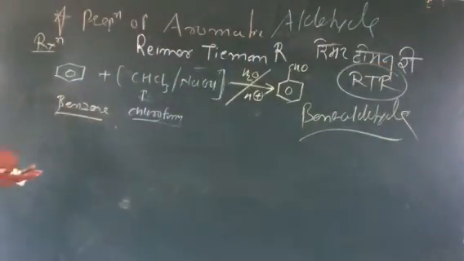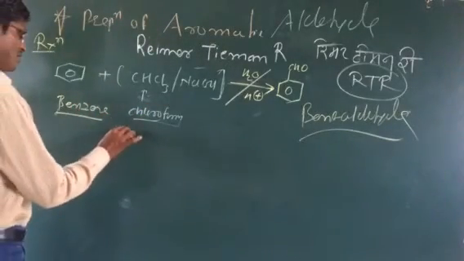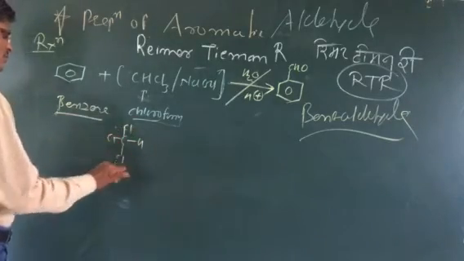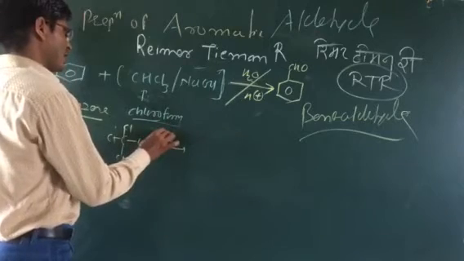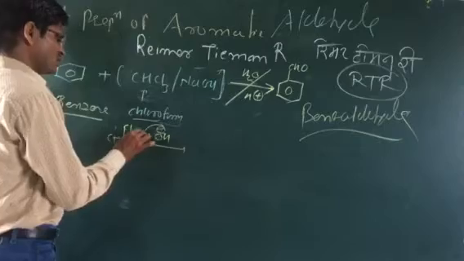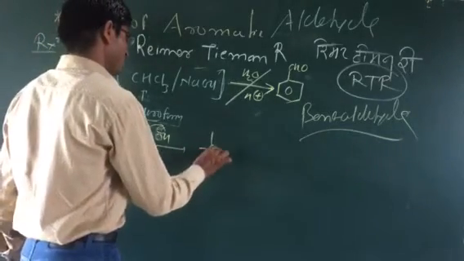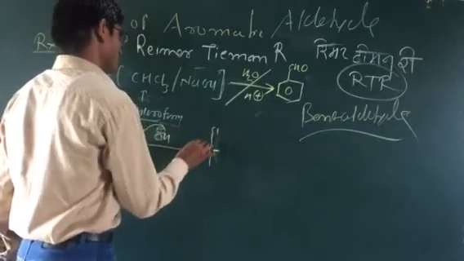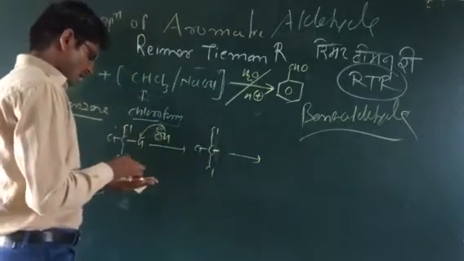So what is the mechanism part? What is the intermediate that most importantly takes place here? The chloroform, CHCl3, is there. Whenever this chloroform first reacts with sodium hydroxide, the sodium hydroxide is a strong base having the tendency to abstract the proton from this carbon. So this becomes a carbanion, this trichloromethyl carbanion.